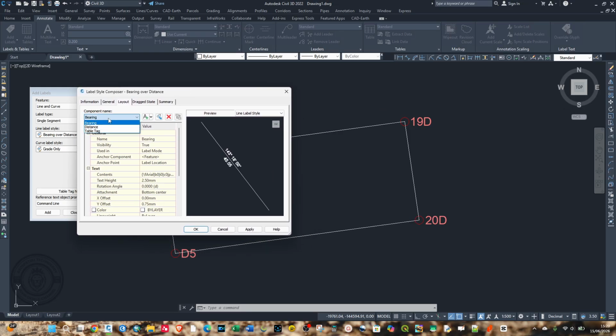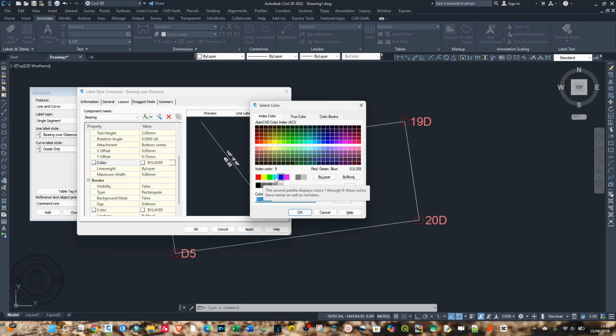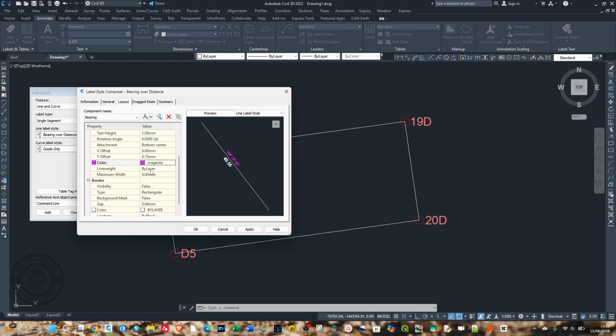So the first thing that you need to do, let's first of all do the bearing settings. You can specify here text height. For example, let's do 2. And if you scroll down a little bit, you can also find the text color. Let's select text color. You can select any color that you wish to use and click OK. And also